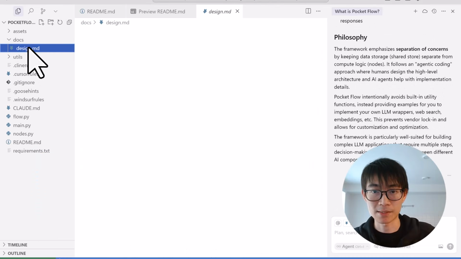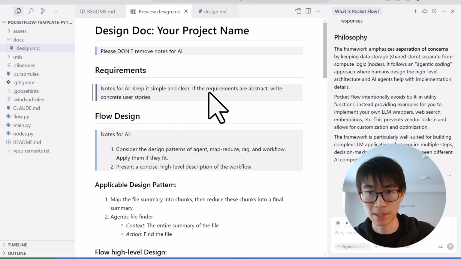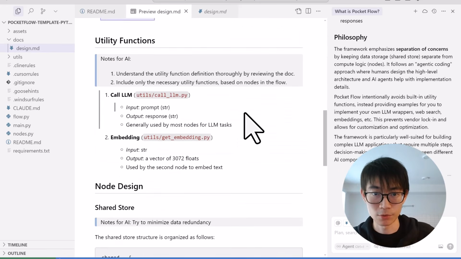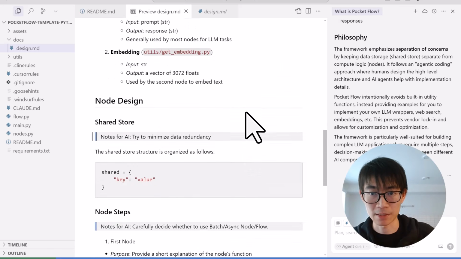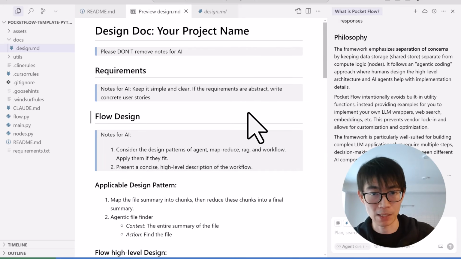The template also has a design document template. This is where you work. You don't jump into the code, you stay here at the high level. You simply describe the nodes you need and the logic that connects them in plain English. You design the system and let AI implement the actual Python code. This allows you to build any complex large language model project, whether it's our chatbot, a RAG pipeline, or a multi-agent system